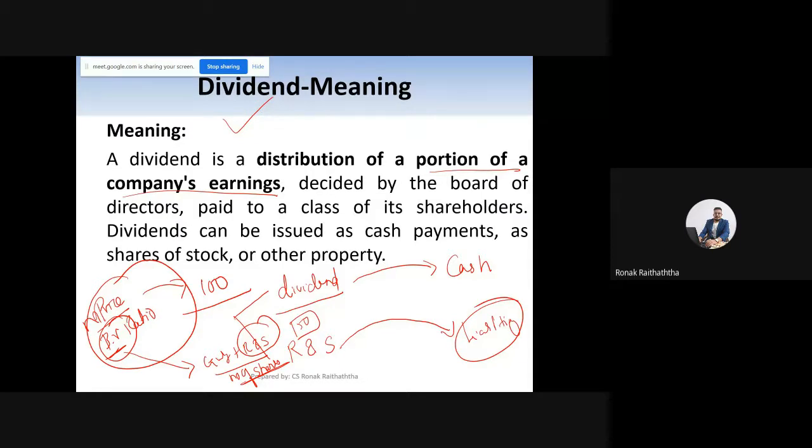Now if I divide 100 by this accounting value of each share, that means 100 divided by 50, then my ratio reaches 10. Many investors take decisions based on this PB ratio, the price to book value ratio. If this ratio is low, it is considered a good thing. It is considered undervaluation of a company, and people will start investing in that company. If this ratio is too high, people will find this stock overvalued.